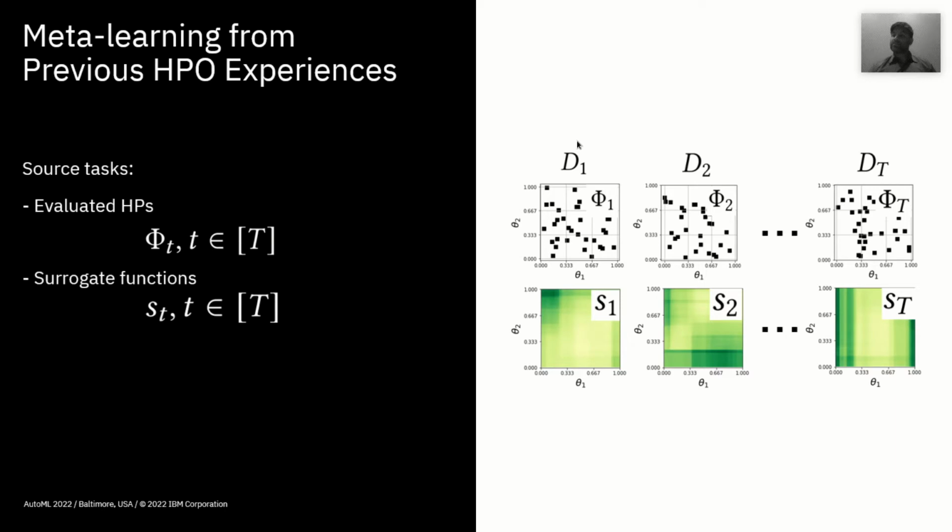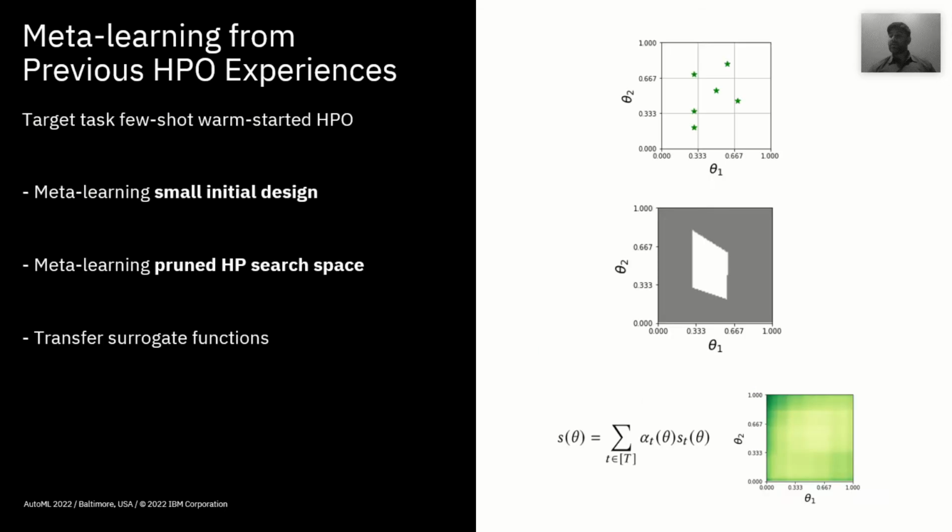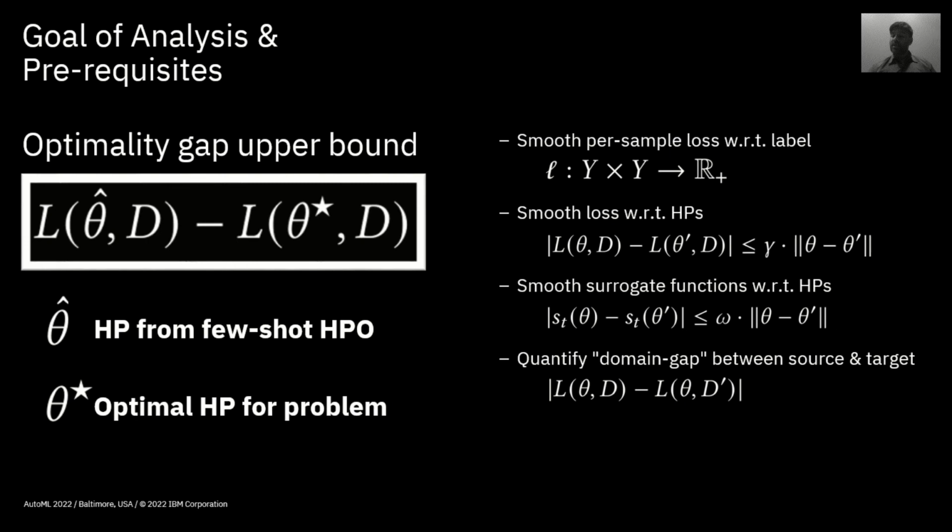We usually have some source tasks for which we have available the set of evaluated hyperparameters phi sub t and a surrogate function s sub t for task t. Based on this available information, we solve few-shot HPO on a target task using either a meta-learned initial design or a pruned hyperparameter space allowing for HPO on a much smaller search space, or transferring surrogate functions from source task to target task. Few-shot HPO produces some hyperparameter choice, and in our paper, we study the quality of this few-shot